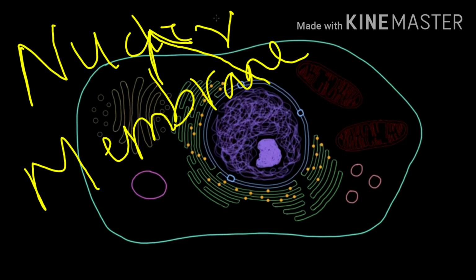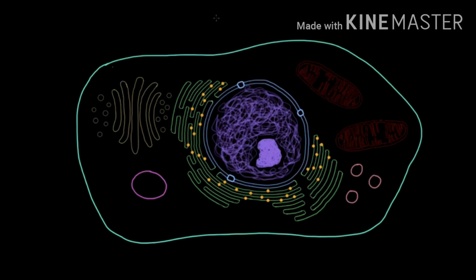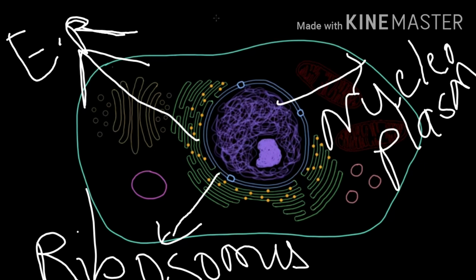Before starting more on structure and function, let us understand the diagram. The outermost covering of the nucleus is called the nuclear membrane, which is a double membranous structure, and it is also made up of lipoprotein, just like the cell membrane. The outer membrane is rough, and the inner membrane is inside. The nucleoplasm is the jelly-like substance, the part of the protoplasm which is present inside the nucleus.